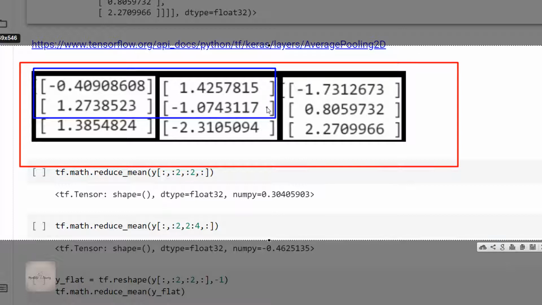Now the next question is, how does this average pooling work? The way this average pooling would work is when I place my kernel on top of this output, that is on top of the region on which I want to apply this average pooling layer, the system is going to compute the mean of every value that is present in that region. Now, if I want to say it in terms of mathematics, what it means is I'm going to select the first 2 rows in my output and first 2 columns in my output, and then I'm going to compute the mean of this region, guys. So let's do the same, guys.